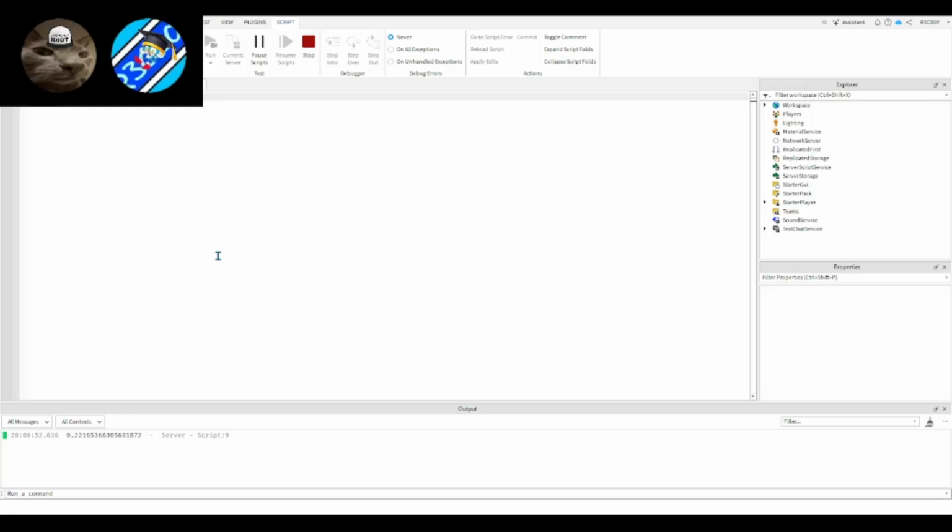Hold up. I may have forgotten. Wait, local. I remembered it there. Local divider, or you can just call it div. Okay, div equals 32. Right, so now